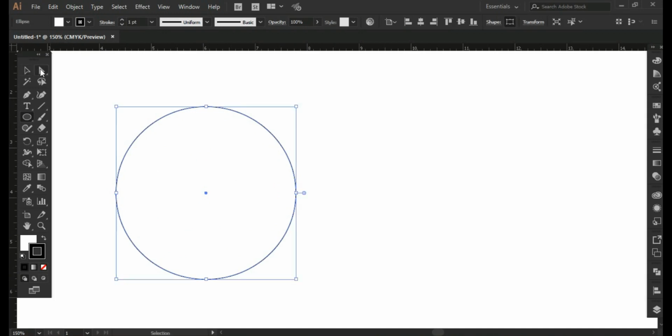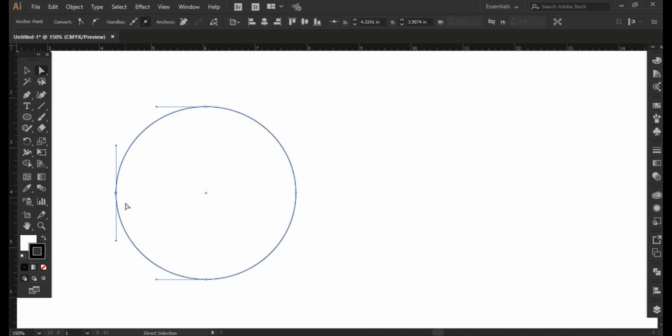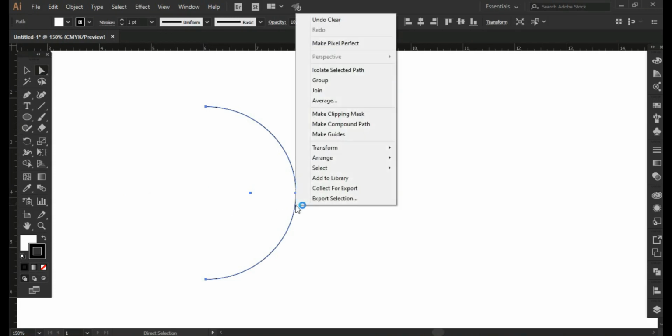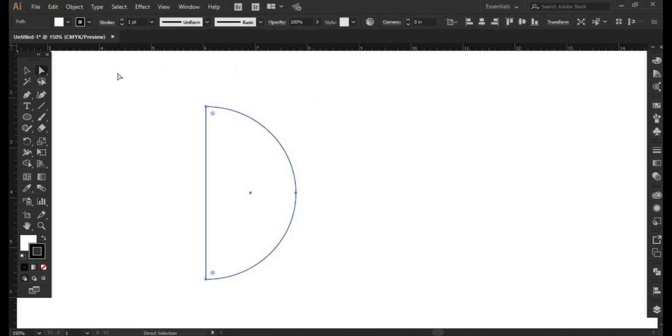Now, go to Direct Selection tool and select this anchor point and press Delete. Right click on it and join. Your semicircle is ready. Now, if we don't want to divide it from between, rather from the side,